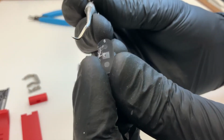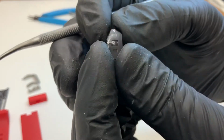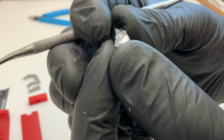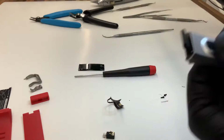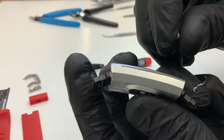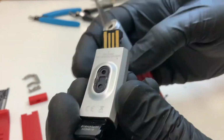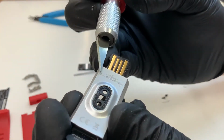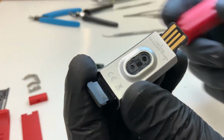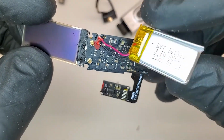This is how you create a masked window. This is a clear lens with a back paint of black. And from the outside it looks like a glossy black. This housing was black, so you can see the paint comes right off. And these are laser etched markings on the painted surface. You can see the device is still functioning. A small lithium ion battery